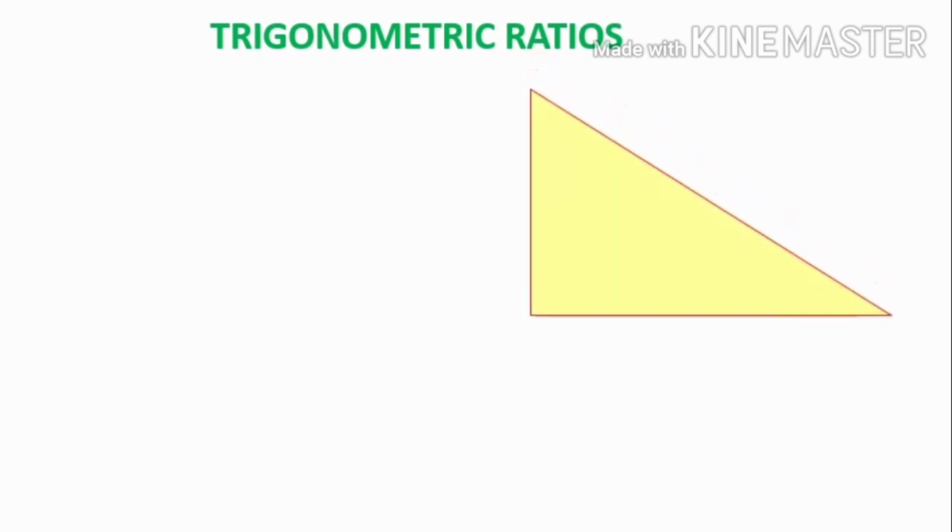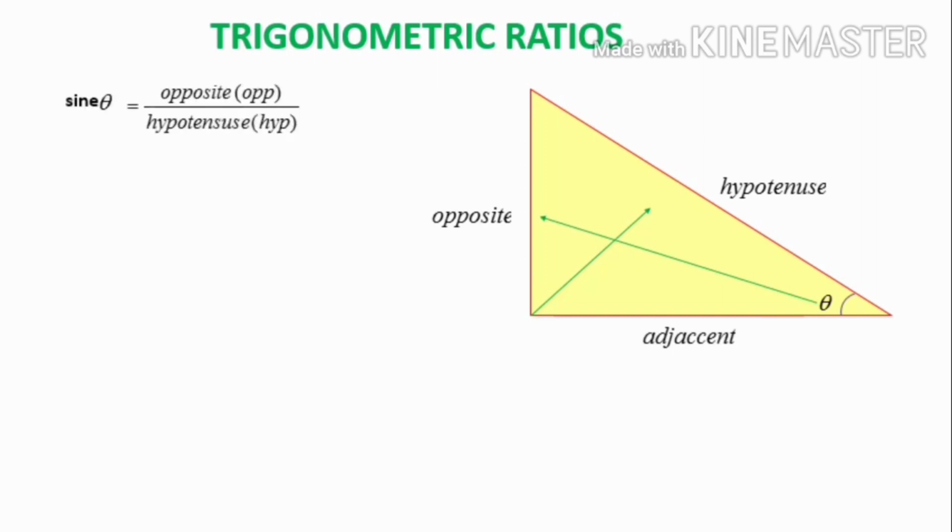Before starting the session, let's rewind the 6 trigonometric ratios. There is a right triangle and there is an angle which is marked as theta, and the side opposite the 90-degree angle we will be marking as hypotenuse, and the side which is opposite to the given angle theta is the opposite side, and the side which is left over is the adjacent side. The first trigonometric ratio is sin theta. Sin theta is equal to O divided by H, means opposite side divided by hypotenuse.